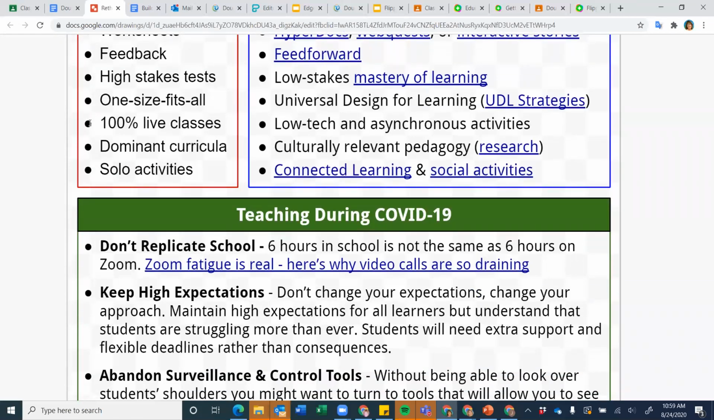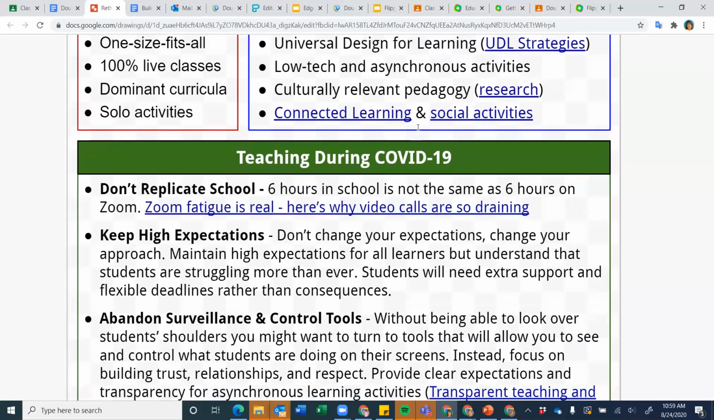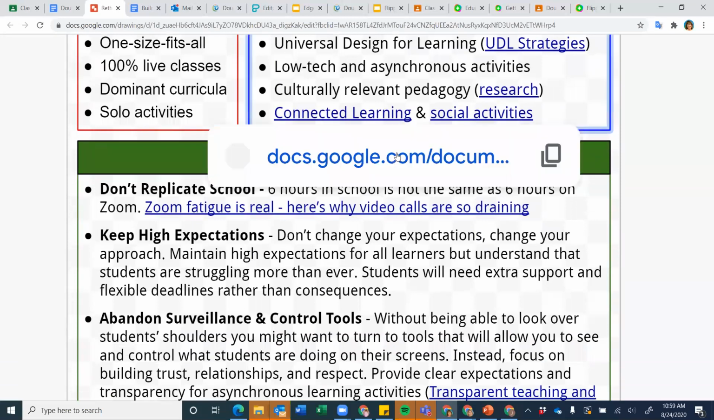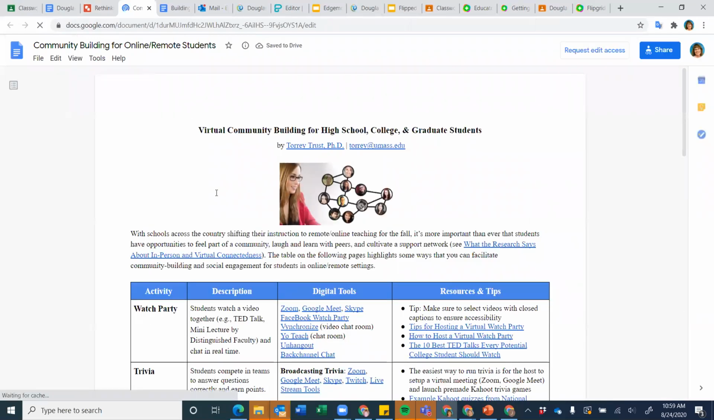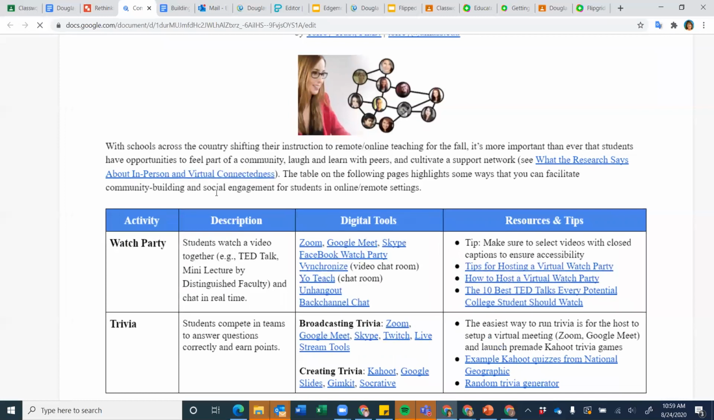Having the live classes online, looking at low tech and asynchronous activities, and she has a really nice list further down. And then the connected learning and social activities. And I love this because one of the things that I really observed this spring with the students that lived in my house was they were